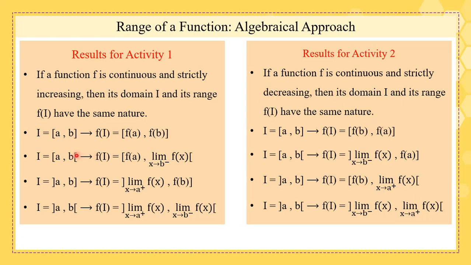Now if we have a semi-opened interval which is closed at A, opened at B, its image would be f of A and the limit as x tends to B minus in case f is increasing, whereas its image would be the limit as x tends to B minus of f of x and f of A if f is decreasing. So in the case of a strictly decreasing function, we always flip the boundaries of the image,